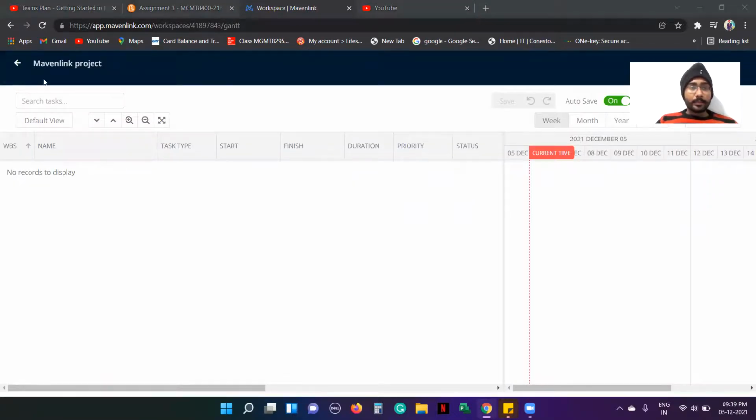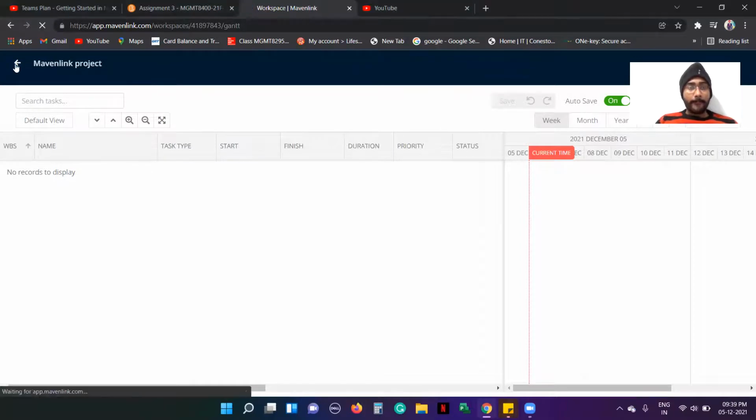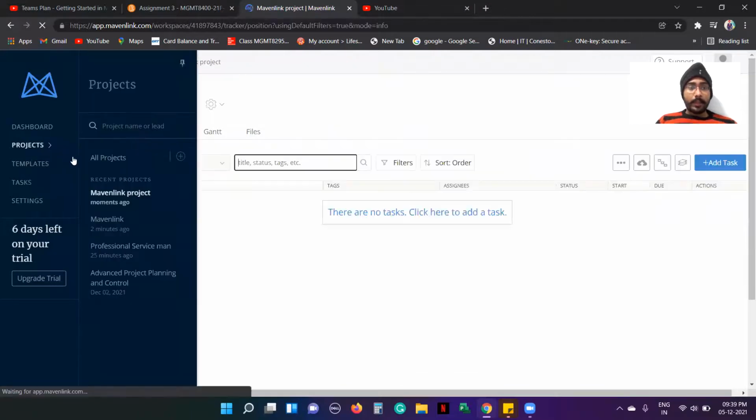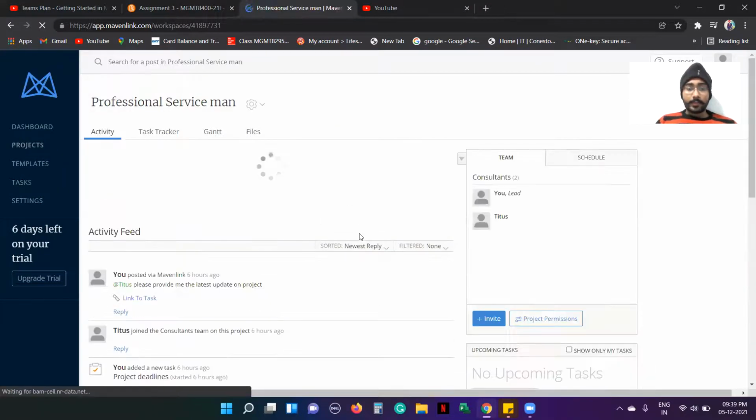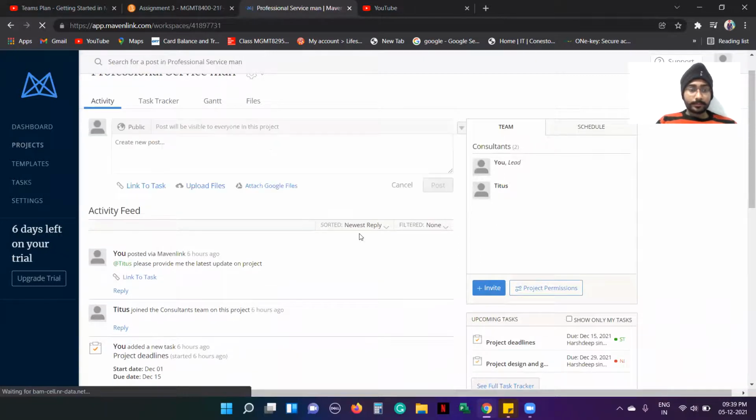And here is the dashboard of the Gantt chart. As this is a new project, the dashboard is quite simple. I can show you another one where I have created some tasks.